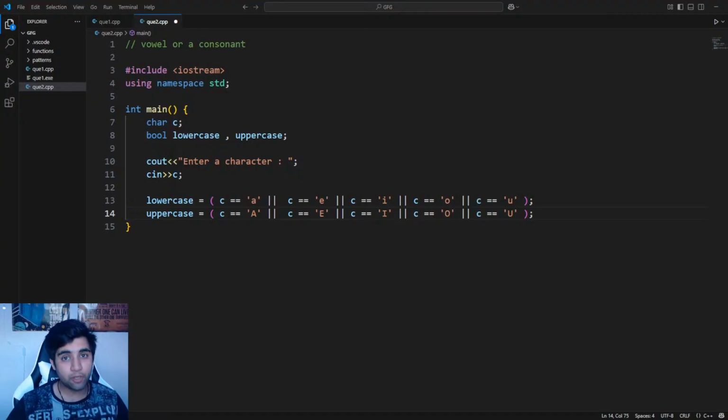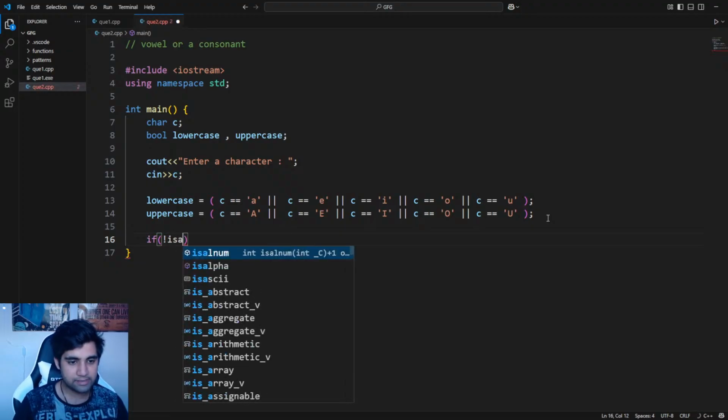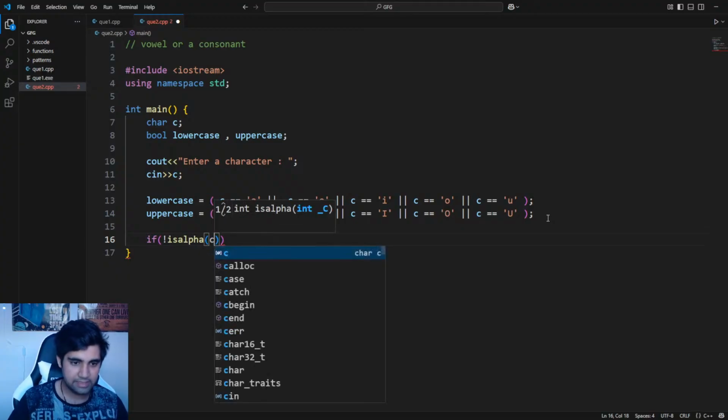So why am I doing this? Because if the user enters a lowercase or an uppercase vowel, we have to print is a vowel. If the user enters a consonant, we print is a consonant. Okay. Understood? So what we're going to do is use the isalpha function. Okay. So we're going to say if not isalpha c